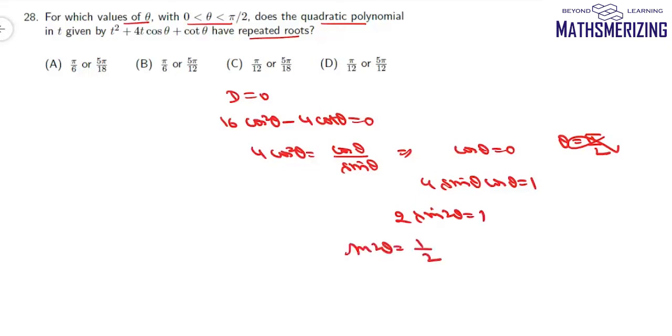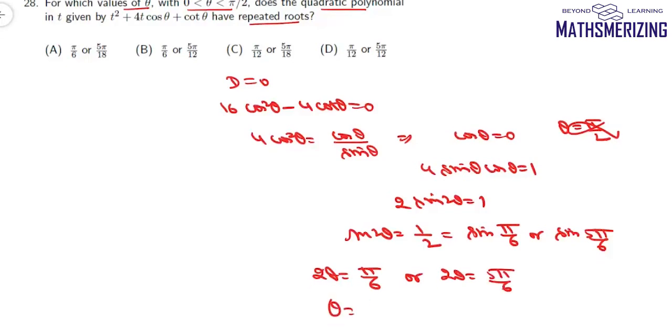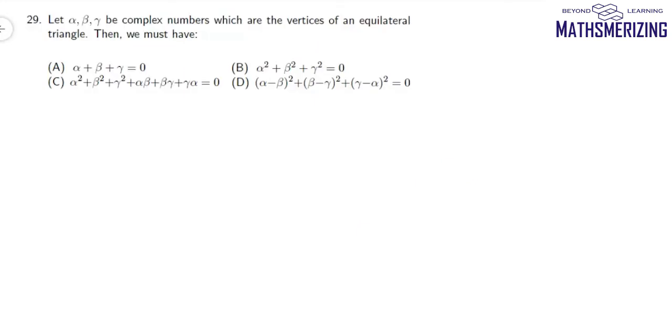the value of sin 2 theta is equal to 1 by 2. So value of sin theta, it is 1 by 2 at either pi by 6 or sin 5 pi by 6. So that means this 2 theta, it is either pi by 6 or 2 theta is 5 pi by 6. So that is, this value of theta should be either pi by 12 or 5 pi by 12, which is option number D. Now question number 29 says, let alpha, beta, gamma be complex numbers such that they are vertices